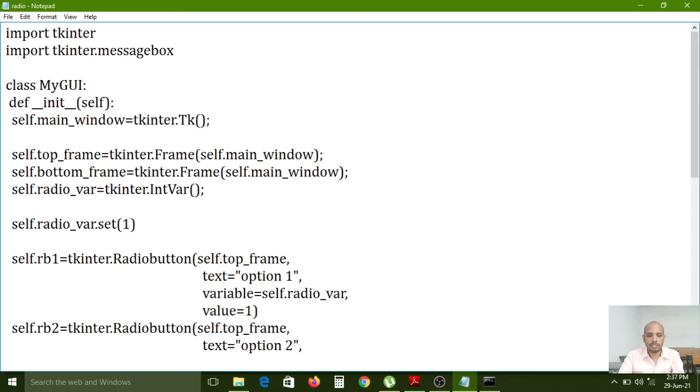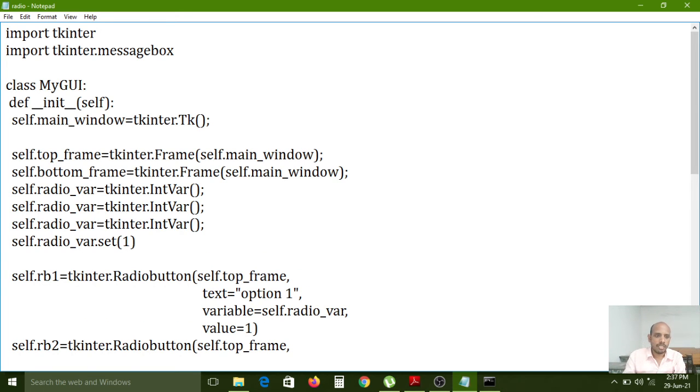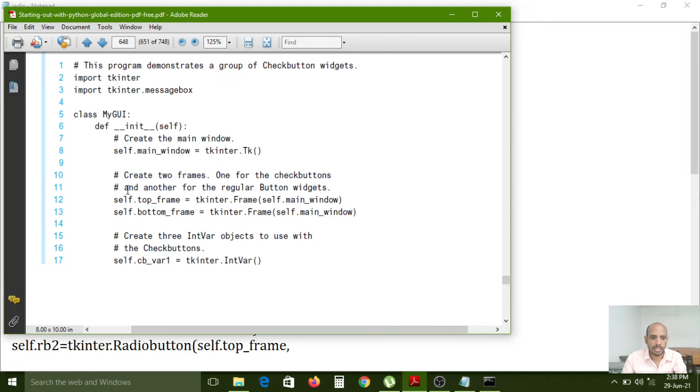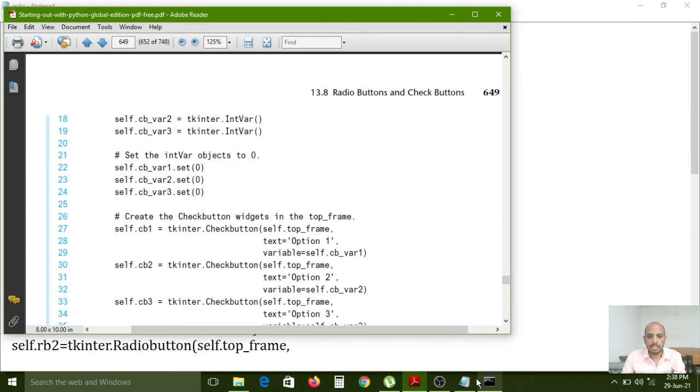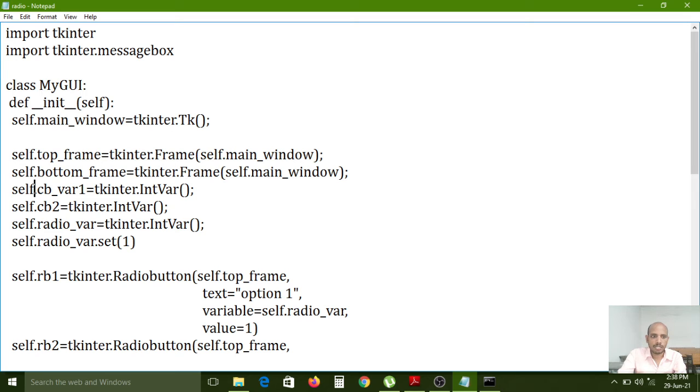So tkinter.IntVar for checkbox 1, whatever variable is used for the checkbox purpose, cb_var. So cb_var1, next cb_var2, and cb_var3.